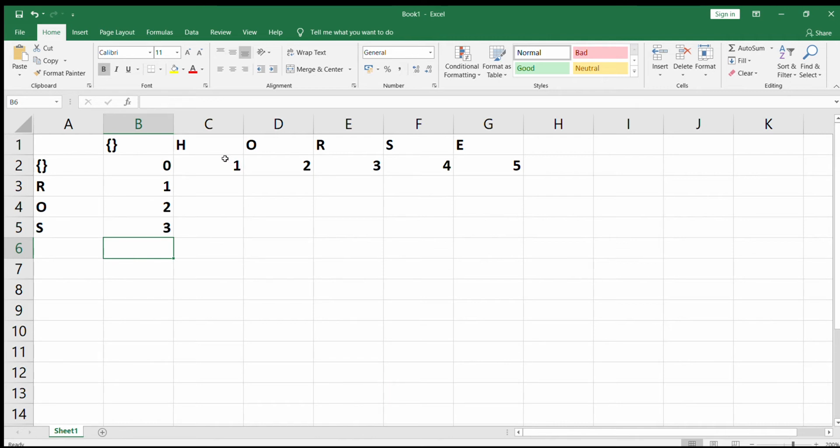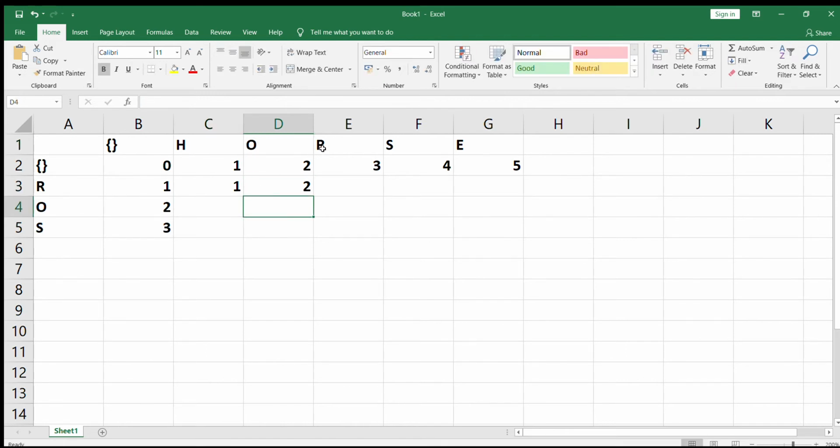Now let us come to the case where both the strings are non-empty. In this particular case, we have the string h and we need to convert it into r. One operation will be required. Then the second scenario is we have h and o and we need to convert it into r. Two operations will be required because I need to drop either h or o, and I need to replace the other character with r. If I drop h, then I need to replace o with r. So two operations are required here.